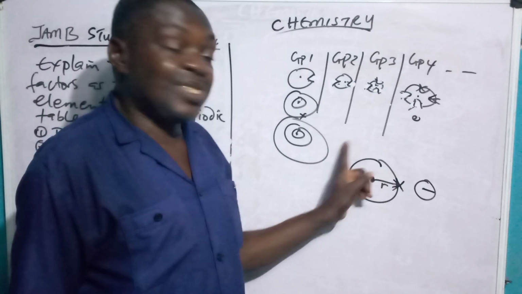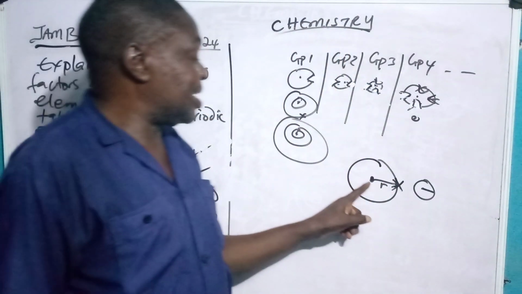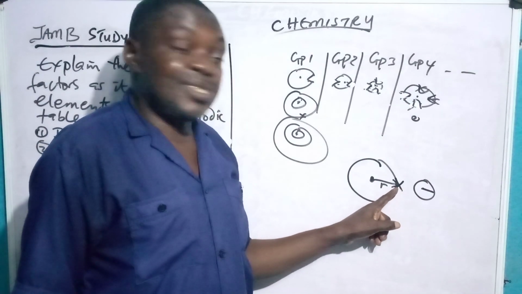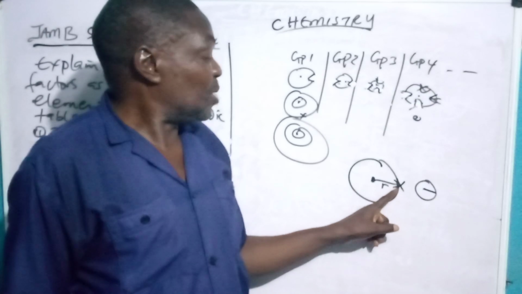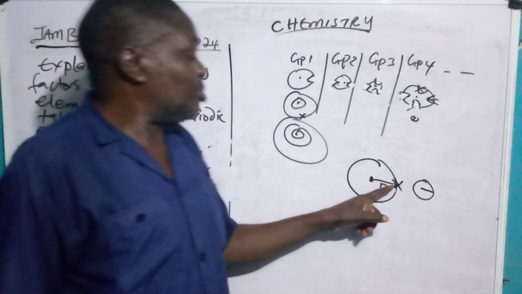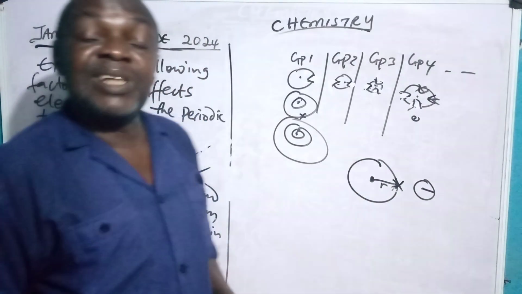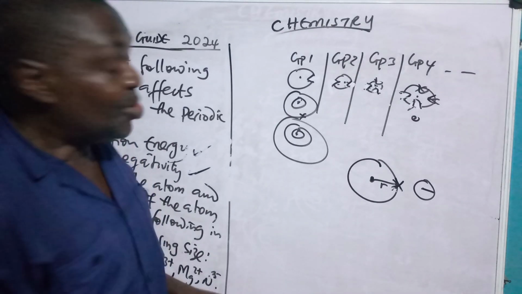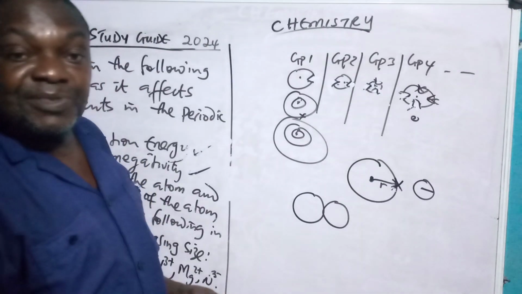Remember, the electron is always in motion, just like the planets are always in motion around the sun. The sun is taken as the nucleus, the electron is taken as the planet. It's always moving. And because it's moving, it now becomes difficult to determine the radius directly. Therefore, in order to determine the radius of an atom, you consider taking another atom of similar electronegativity value